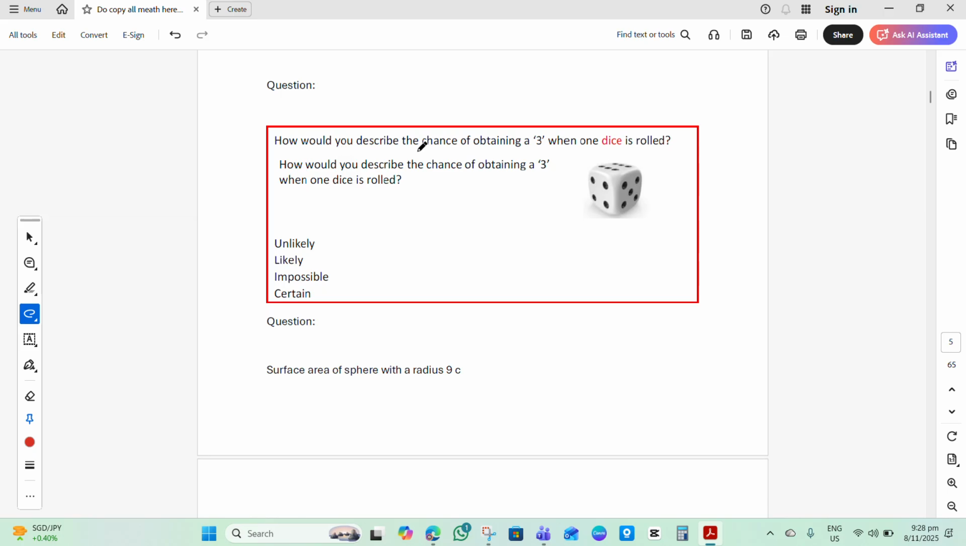Next question. How would you describe the chances of obtaining 3 when a dice is rolled? The question is about obtaining, meaning is the probability high or sure to come, something like this. So when your dice is rolled, is it impossible to get 3? Here the answer is already impossible because the dice is rolled. You cannot,